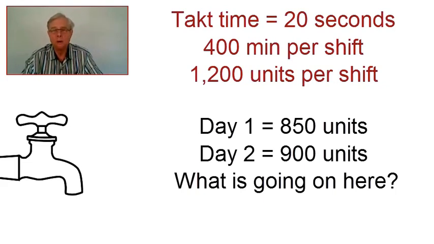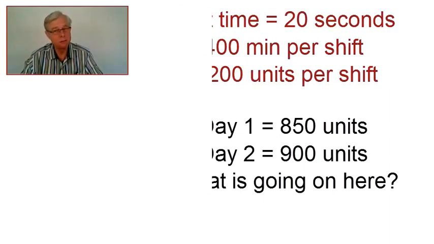So what to do? We'd already put these physically into place. Well, there were some remedial actions that we were able to take. For example, adding more buffers in between stations helped, but we never really got to that 1,200. We got closer, much closer than we were on day 1, but didn't get there. So what's the lesson here? Well, the lesson is that even if your design's simple, the impact of variability can really have a dramatic effect